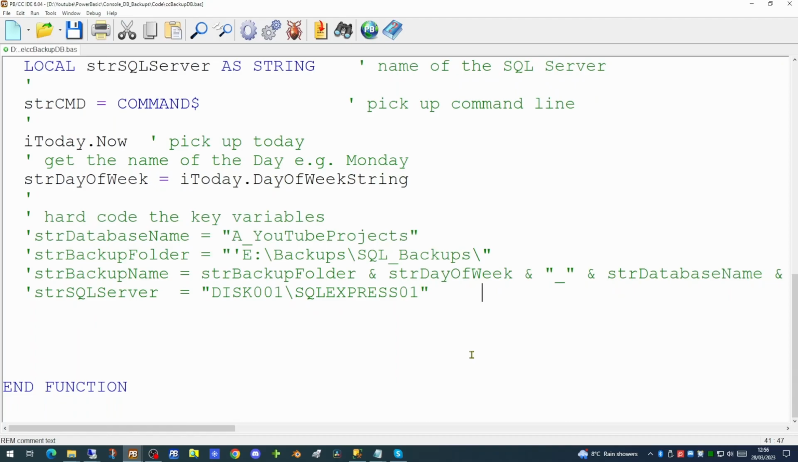Now we could hardcode the value of all the key variables: the database name, the backup folder into which we want to place our backup, the backup name, which is the backup folder plus the day of the week, plus the database name, plus .back on the end. And the final variable being the name of the SQL Server and its instance. In this case, the SQL Server database is being held on this computer, disk 001, and the instance name is